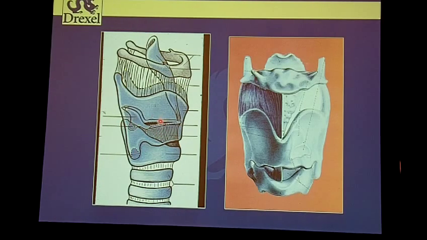Much has been written about injury to the cricoarytenoid joint. That can occur from many things, including intubation trauma during surgery. Much less has been written about injury to the cricothyroid joint, but it is more common than most people recognize